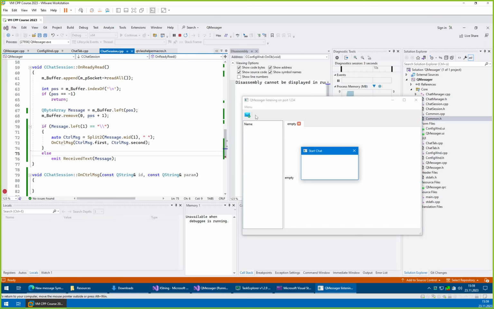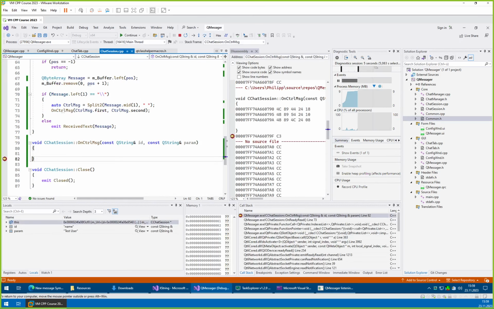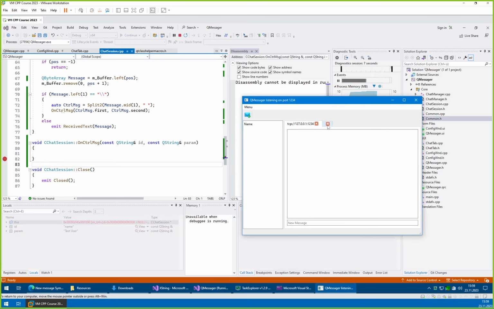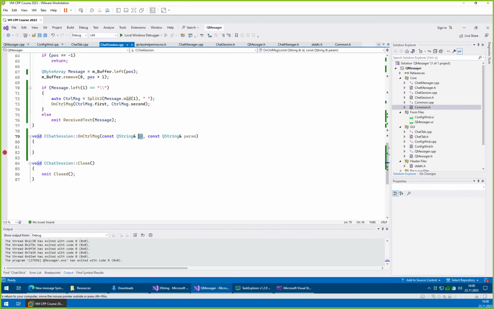Menu, new chat, and we get here id name and name test user, and this will be repeated then a second time, and voila, we have now both ends of the chat in one window. So what we will now do is we'll check if this is name. So if it equals name, then